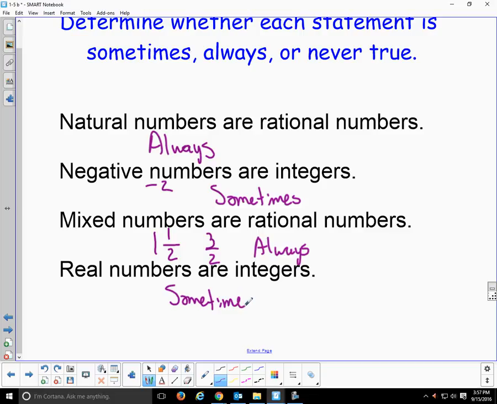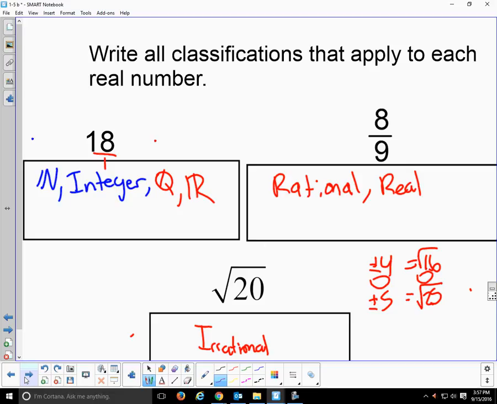This takes practice. It does. It takes a lot of practice. So at this point, if you've only done 3 examples and you're still a little fuzzy on it, that's okay. We need to keep practicing. It takes a lot of practice to get good at figuring out what type of number is